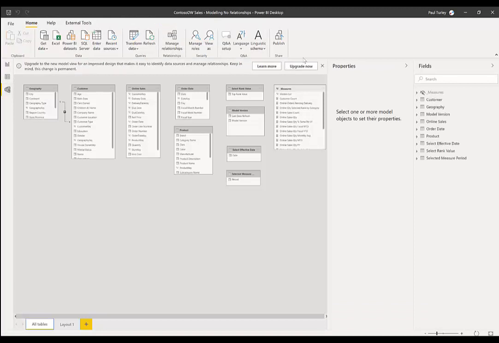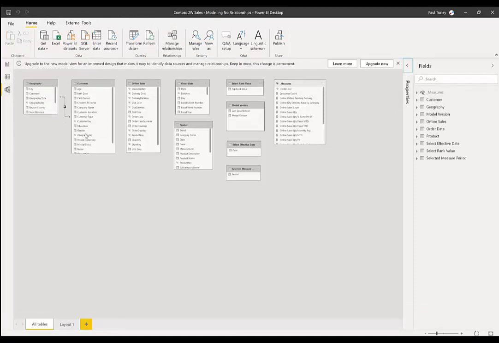Wrong. In this case, I have only one relationship in this model, I could probably have gotten rid of that relationship as well. So why in the world would I create a model with no relationships? And how can I expect anything at all to work? Well, it's done through the magic of DAX. And understanding how to use DAX and applying certain DAX functions is an important component of modeling.